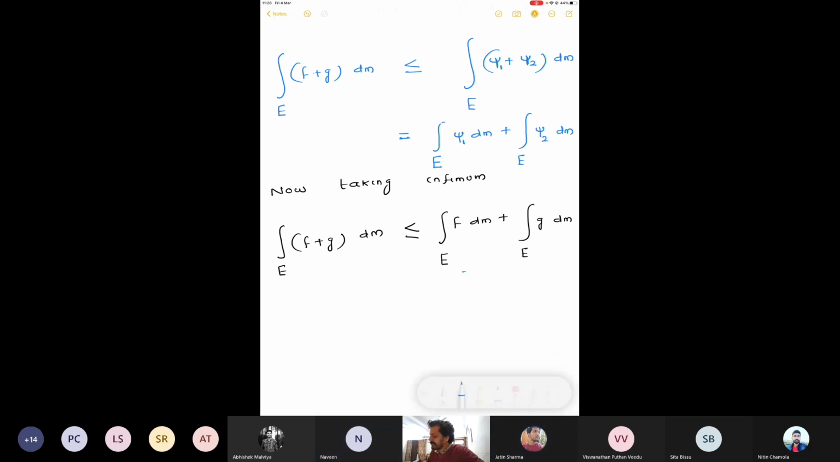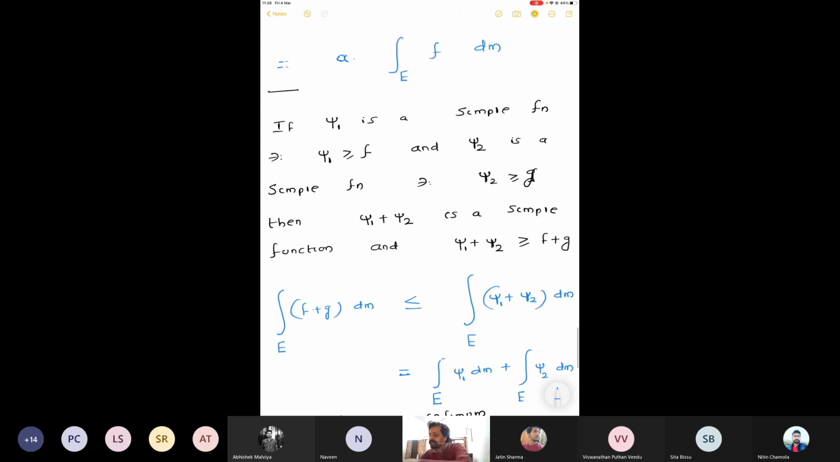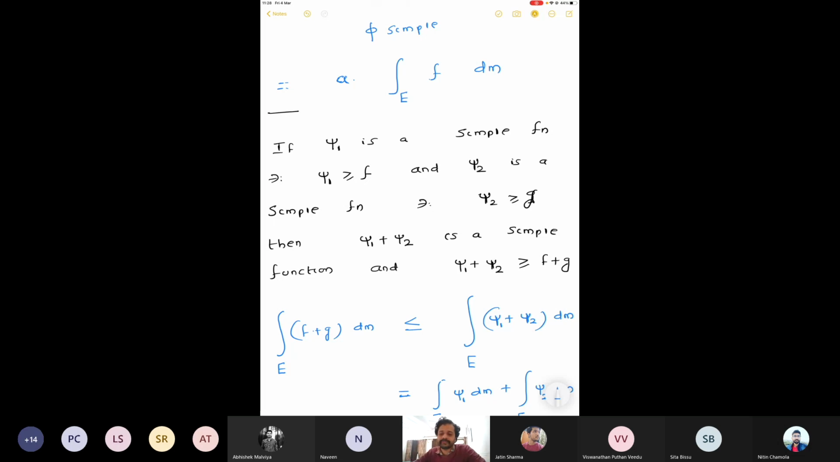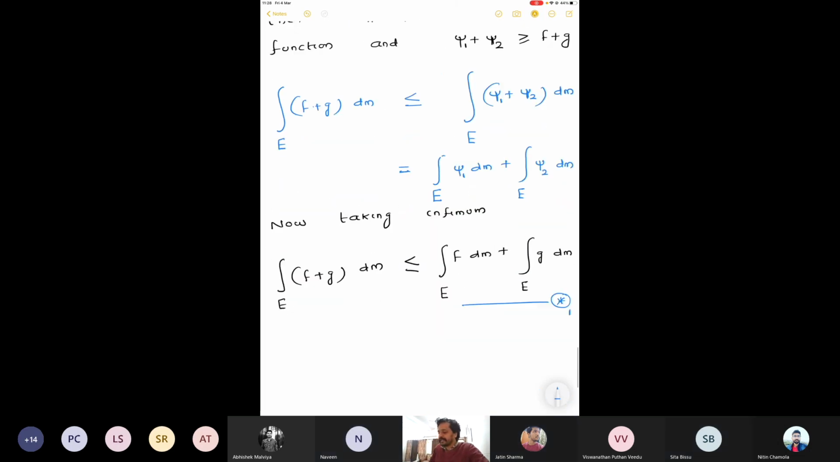So, sir, we proved the inequality. That's not enough. We want equality. So can you guess what we will do to get the reverse inequality? Here we approached by simple functions greater than or equal to F. We can also approach by simple functions less than or equal to F. On the other hand,